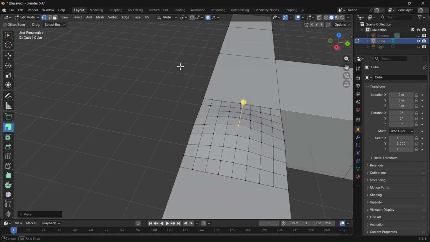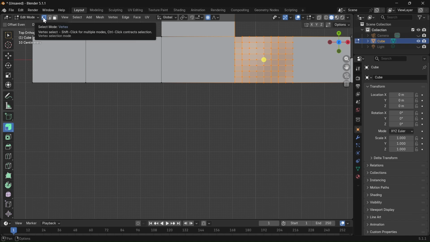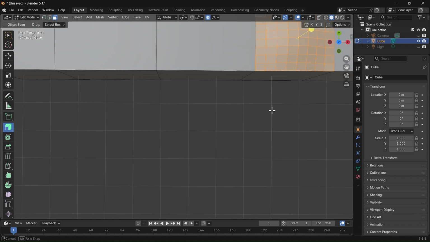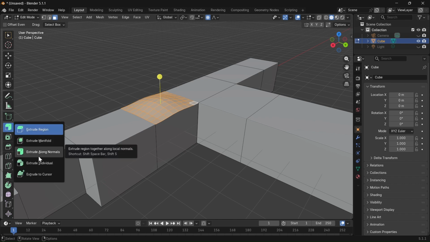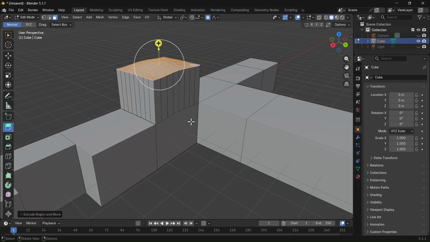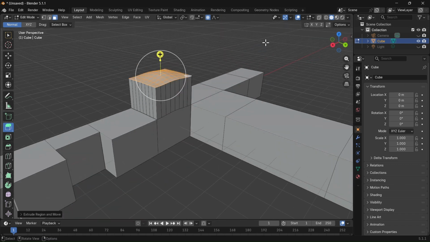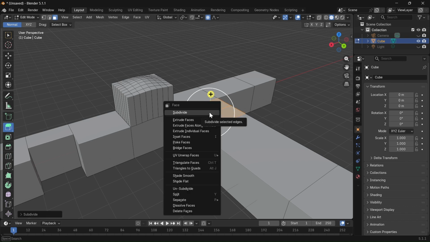I'm satisfied with this one, and then go to the top view, select all these faces. Actually, we are in vertex selection mode, so we have to go back to the face mode, and then all the faces are selected. First of all, let's see what extrude region does to this. Extrude region just pulls it in the vertical direction, or we can change the direction of pulling. But if we do the same thing in this face,